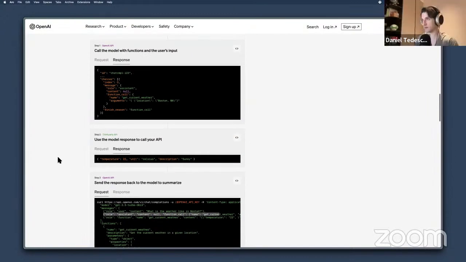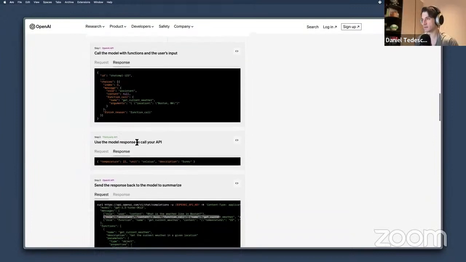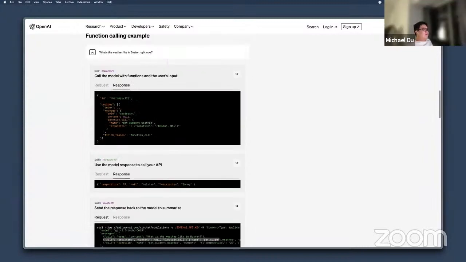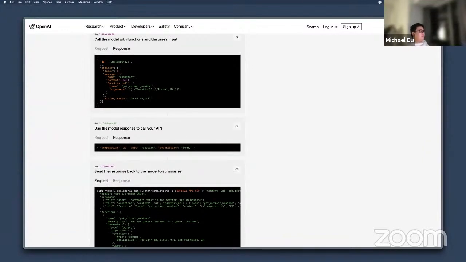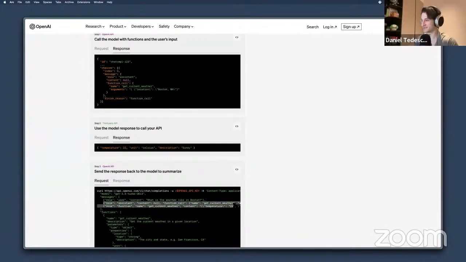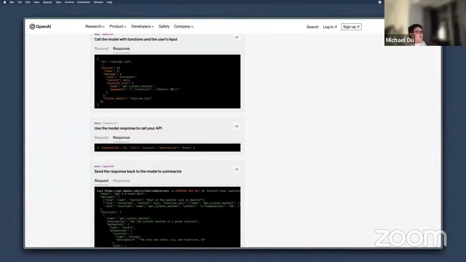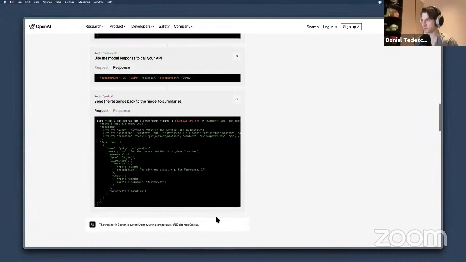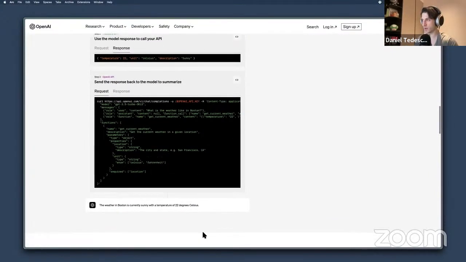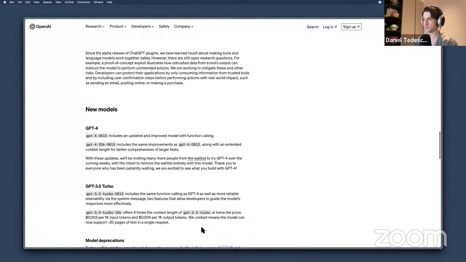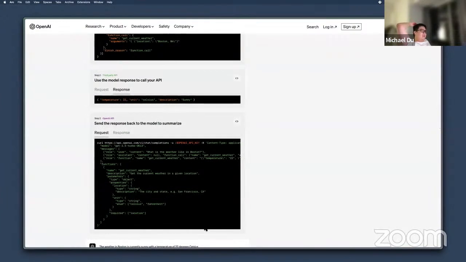So I guess on our own, we have to translate this into this. So it has to be in this kind of format to tell it that we got the function. I think LangChain does this kind of thing already automatically for you.